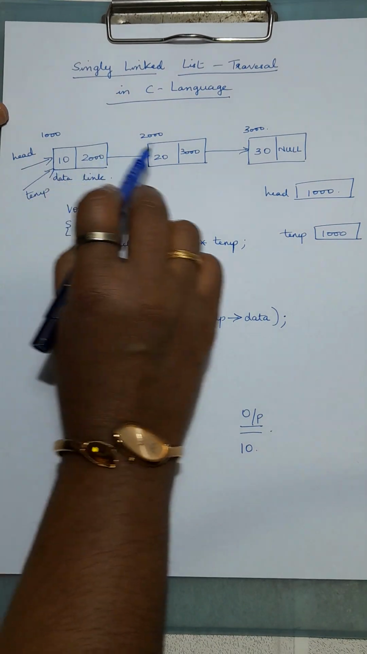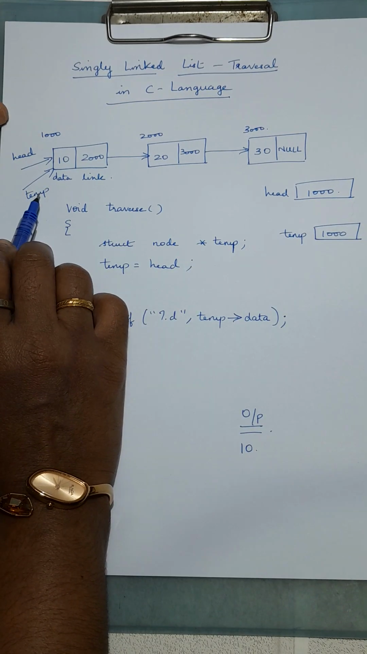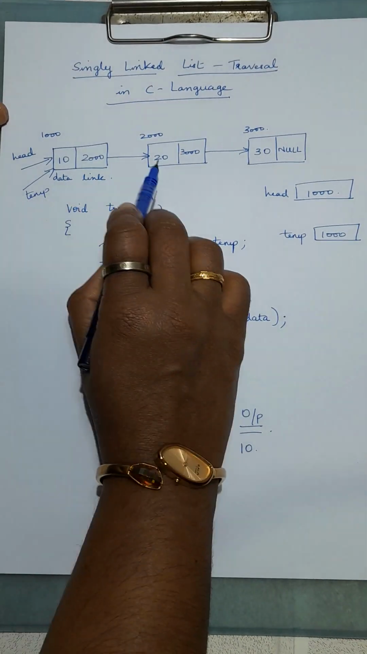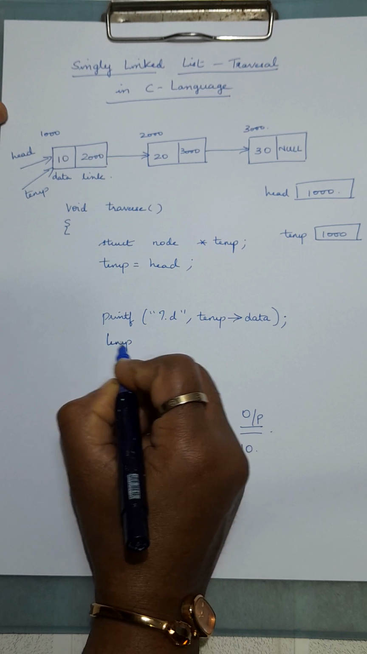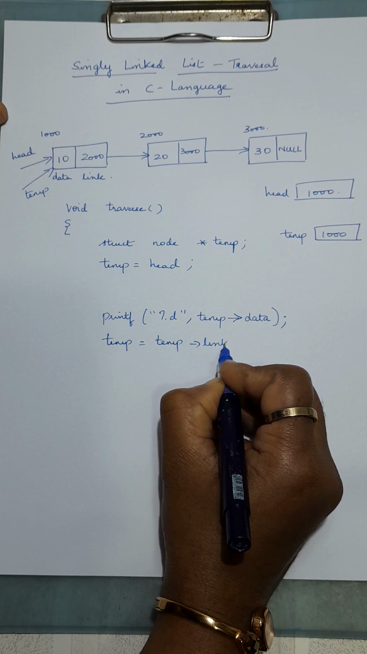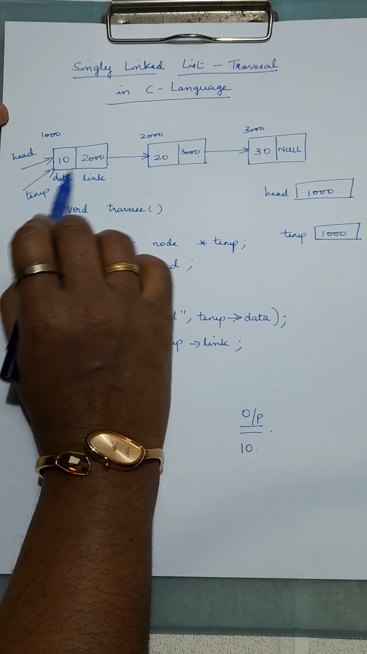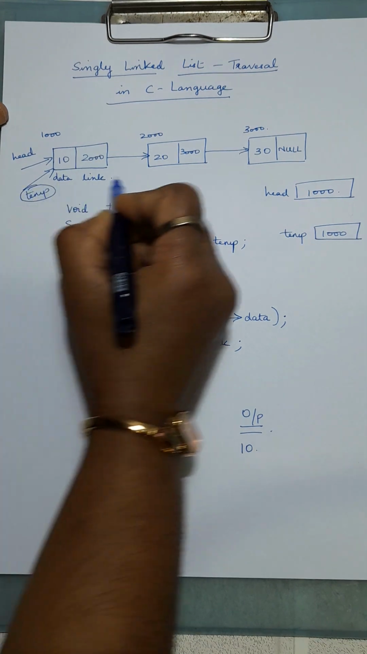Now after 10, we have to retrieve data 20. So we are using the temp pointer variable in order to navigate between each node, which means temp should move to the second node now. So what we have to do? Temp is equal to temp pointing to link, right? Temp pointing to link, what is the value? Temp pointing to data is 10, temp pointing to link is 2000, which means now temp from here will move